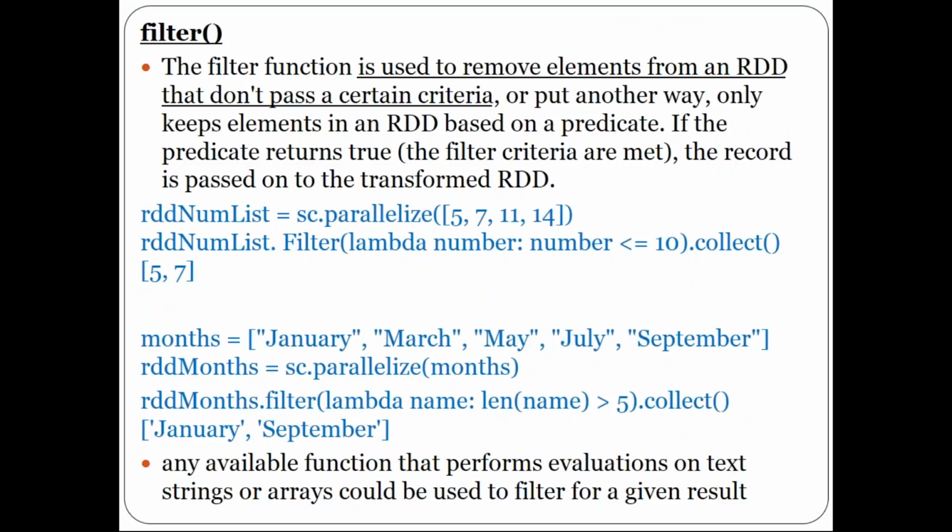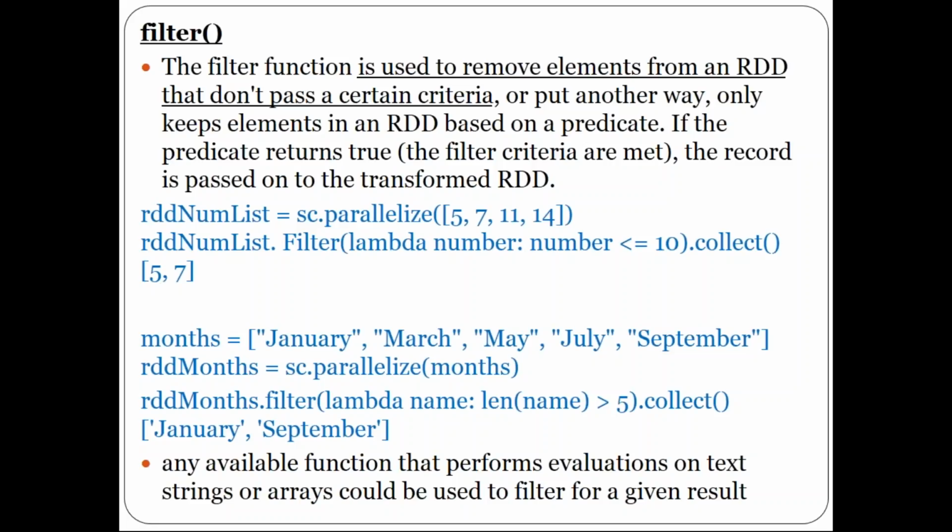Now, as I told you earlier, filter condition is not only applicable for numbers, integers, but it is also applicable for strings, any kind of data type you give. We have a second example. If you look at the second example, you have months: January, March, May, July, September, and this data set is made as RDD with sc.parallelize months. Perfect. On top of it, you are applying a filter transformation telling length of name, meaning length of the month,